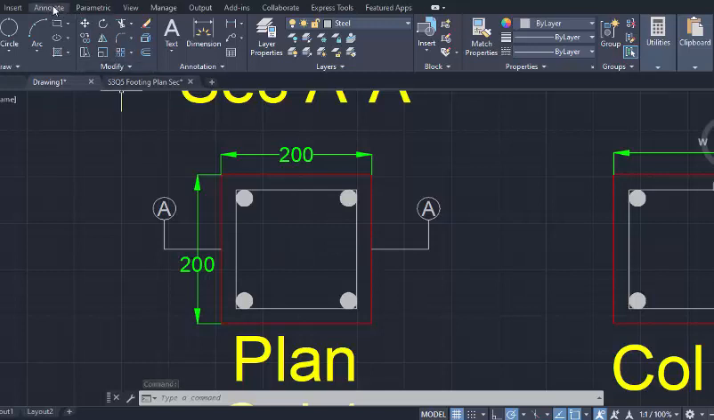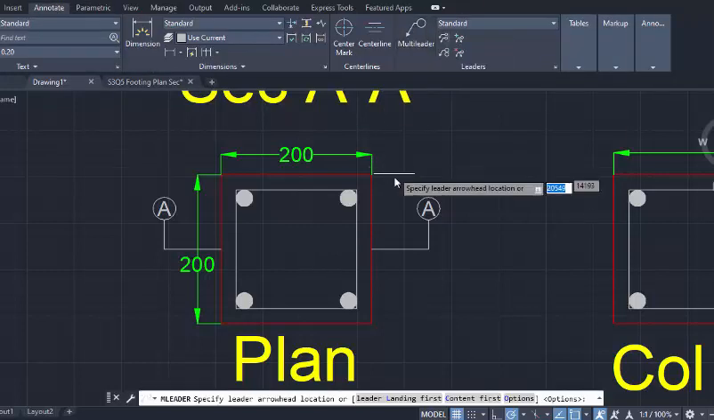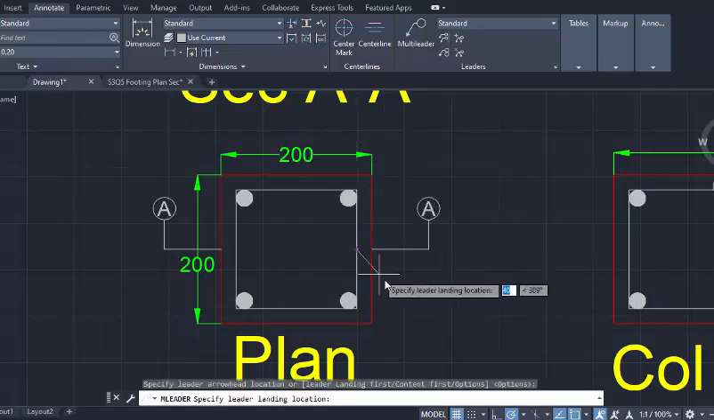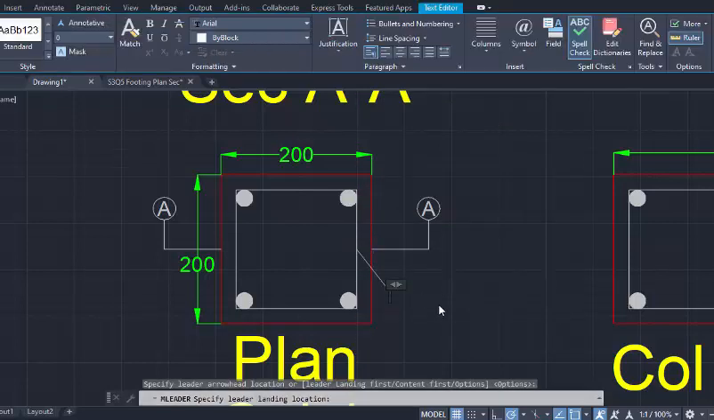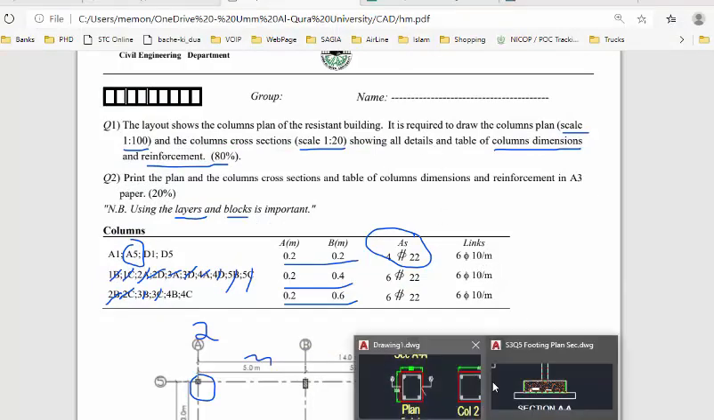How do you do it? In the same way, annotation, go to multi this one, and click over here and here. Now you can write down what bar you need. This one is mentioned over here. This bar is 6 dia 10 per meter, so we can write down